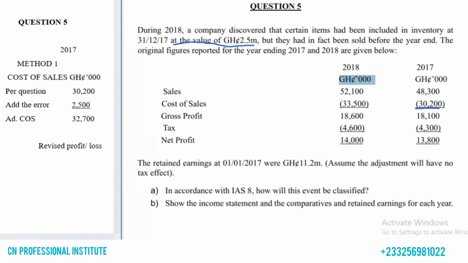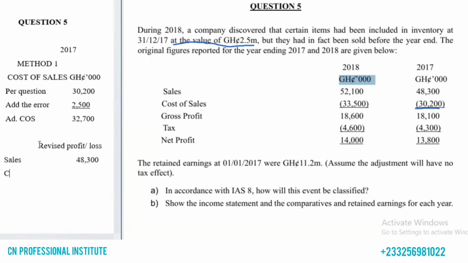Let's revise everything. So sales, we have sales in the question. Sales has not been affected. There's no error affecting sales. So we leave the sales. 2017 is 48,300. So you bring it here. 48,300. Then we have